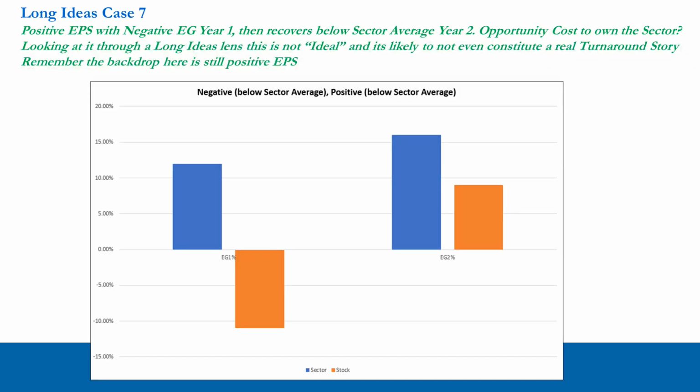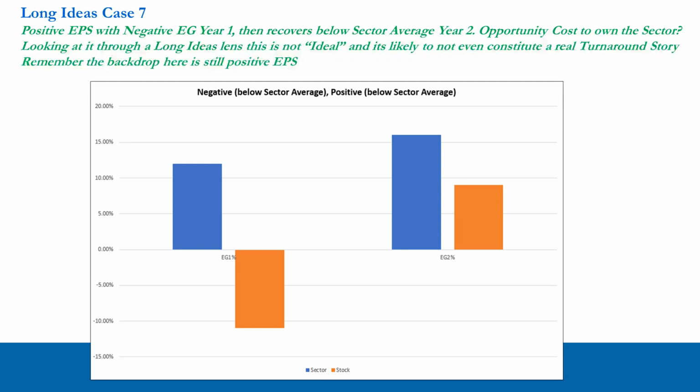Case number 7, we have positive EPS in the background with negative earnings growth in year 1. Then earnings growth recovers below sector average for year 2. And here, as traders, portfolio managers, it's not ideal setup. It's not even close to an ideal setup. We may, on a relative basis to the sector, simply have an opportunity cost here to own the sector. And that is obviously not our job